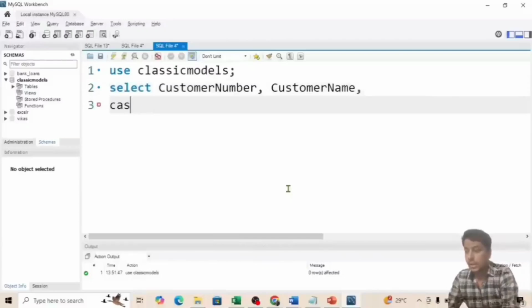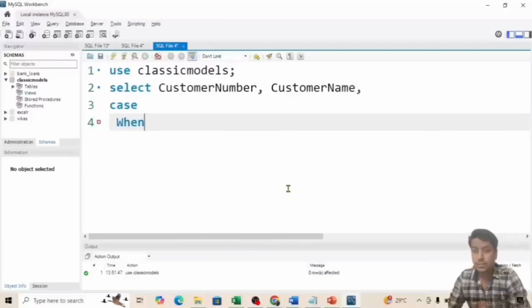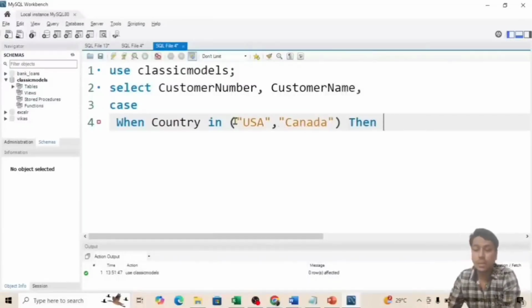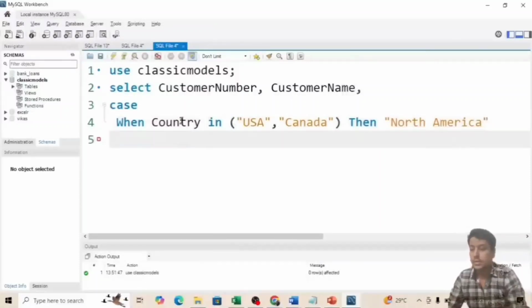Now I will use a case statement: when country in USA, Canada, then what should be my outcome? North America, right? First statement is done.